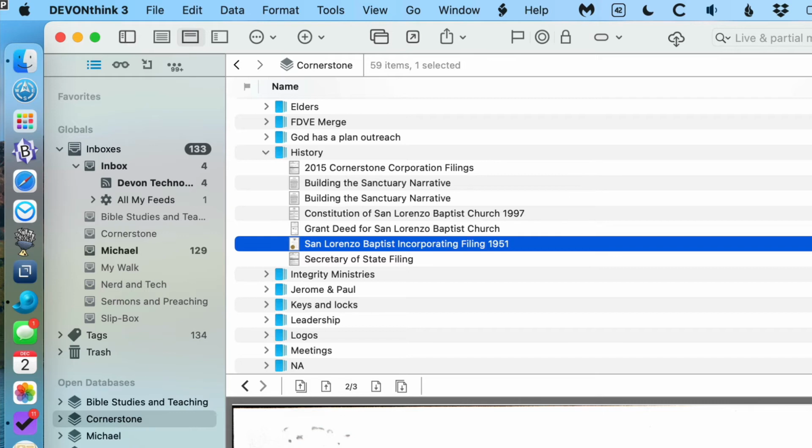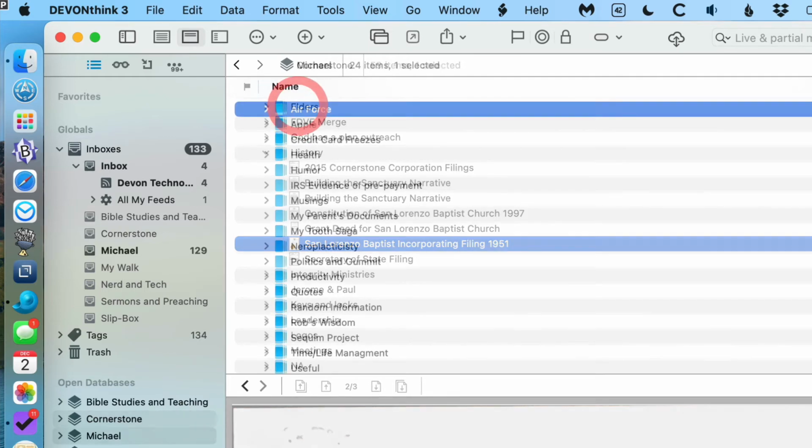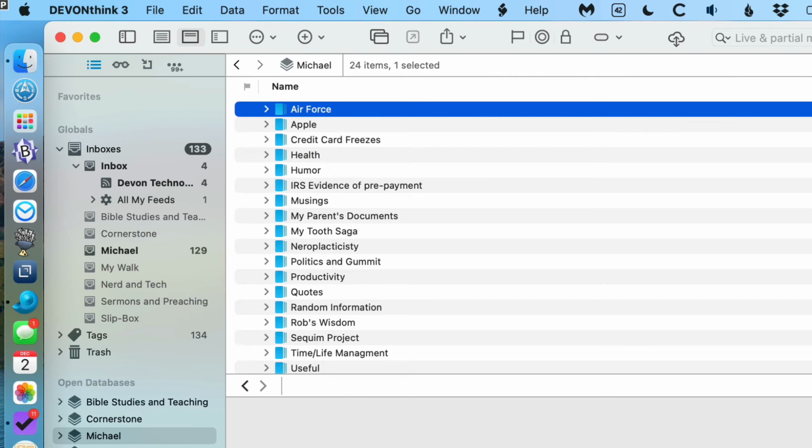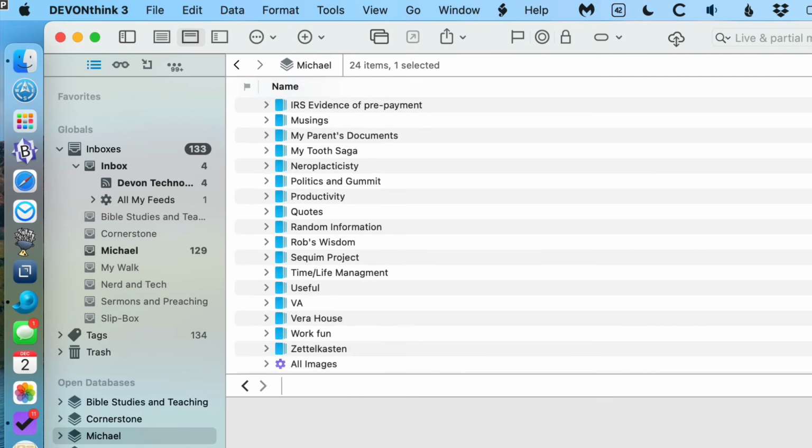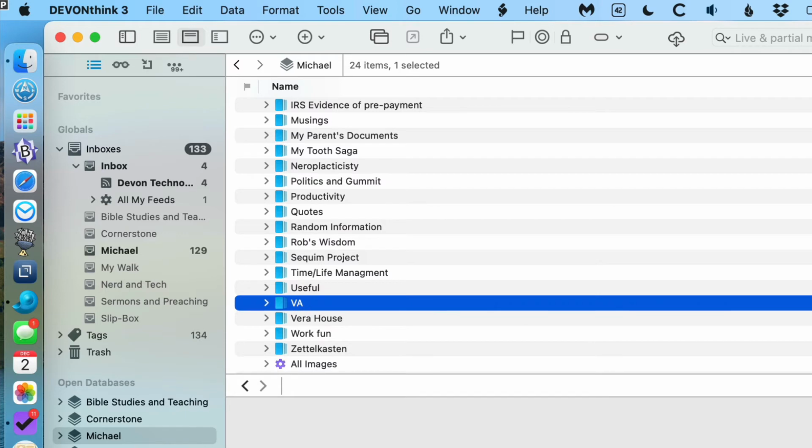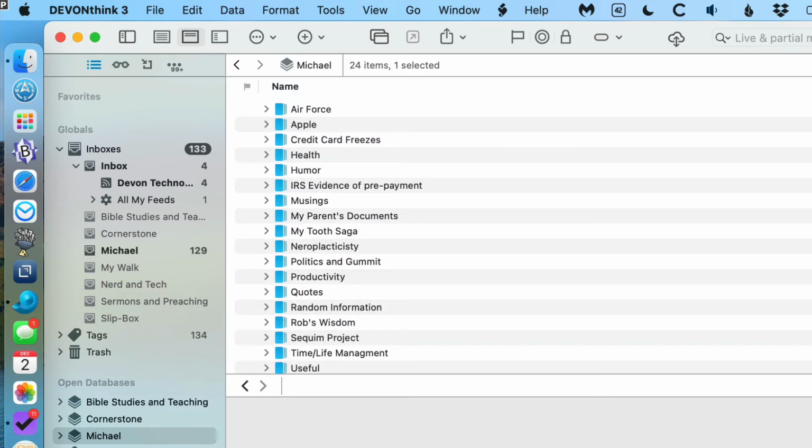It's from 1951, but I've taken it and I put it in a PDF and I put it in DevonThink. I was in the Air Force, so a lot of my Air Force documents are there. I get healthcare from the VA, so all my VA letters are there. Somebody sends me a document that I would like to keep for a long time. I put it in PDF format, or I scan a picture or something and I put it in DevonThink. And it's there for me. And so that's why I use it.